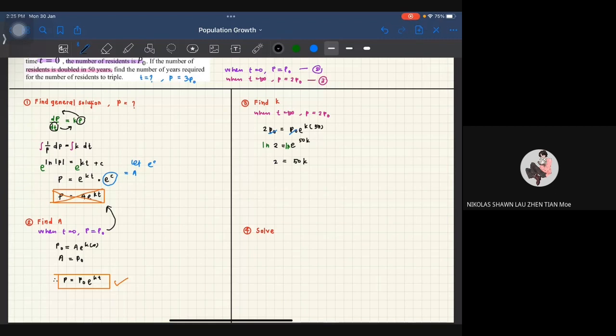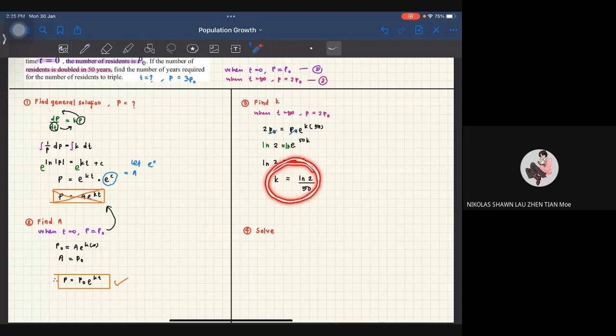This one. Betul ke ni? Saya rasa macam sesat. Kejap saya check balik. 50K. Oh, sorry. Dia ada ln 2. This one. Okay, so tinggal nak cari K sahaja. So dapatlah K sama dengan ln 2 bahagi 50. Okay, so bila kita dah settle mencari nilai K, which is ln 2 over 50, okay, so awak akan masukkan